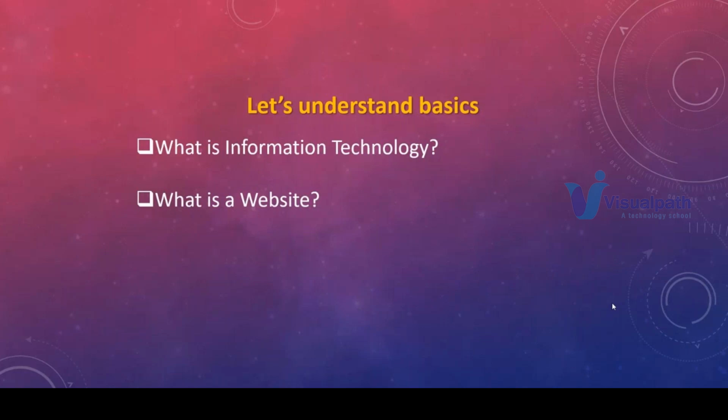Any idea? It's a general discussion. You can casually talk about what you know. A web page is used to share information in the form of text, audio, video, and pictures. What you will see in a web page are audios, videos, images, or text. That is a web page. This combination of web pages is nothing but a website.